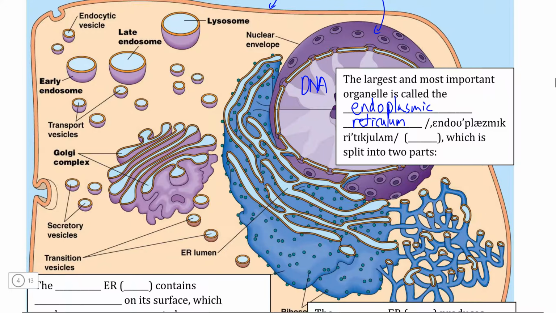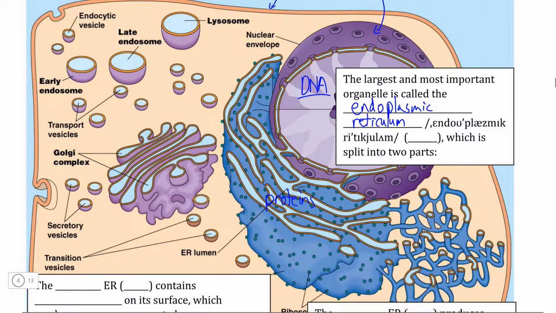Now, your DNA is ultimately the control molecule of the rest of the cell, because your DNA ultimately decides which proteins and how much protein your cell is going to produce. And because proteins perform all of the major functions of the cell, this is how DNA ultimately controls the direction of the cell. Now, the problem is that DNA is not actually able to do this directly because DNA never